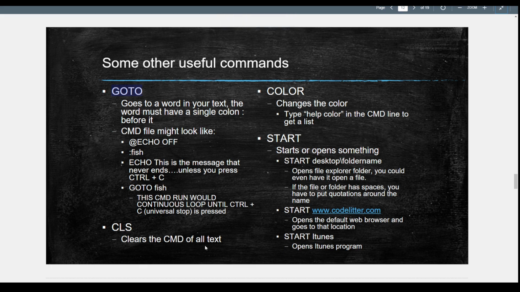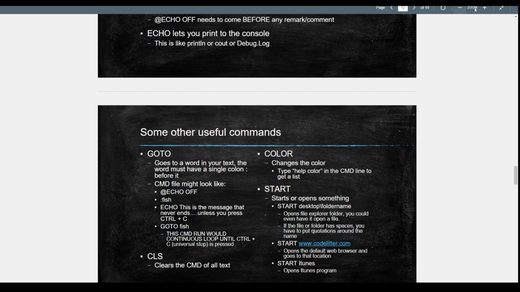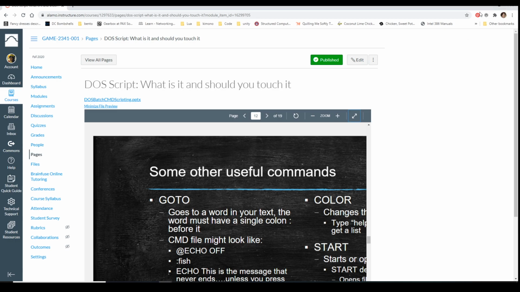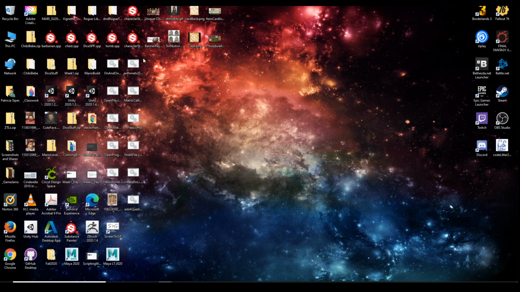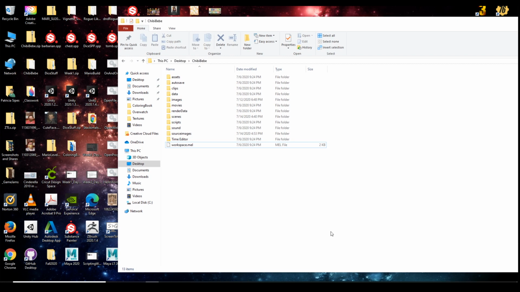CLS will clear the command of all text, so if you've put a bunch of text into it, you can clear it. Color will change the color, however, there's a very specific set of colors that you can actually use. Start will open things, so that is not the button I meant to press. So if you're wanting to open a file, what I meant by this was a file directory. So this opens this folder right here,